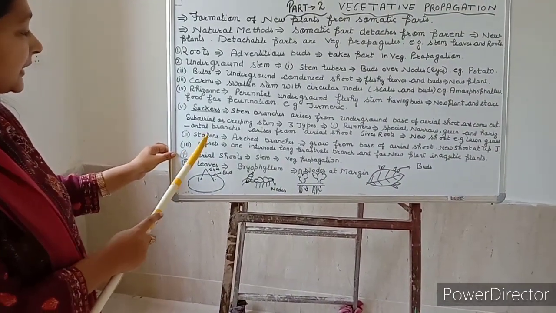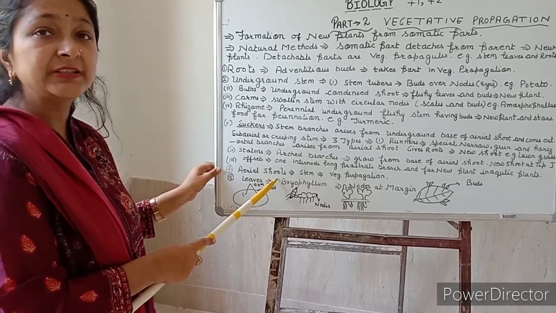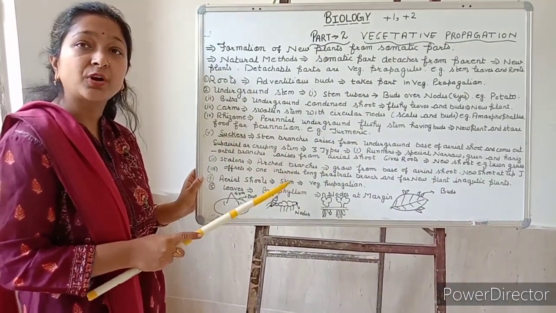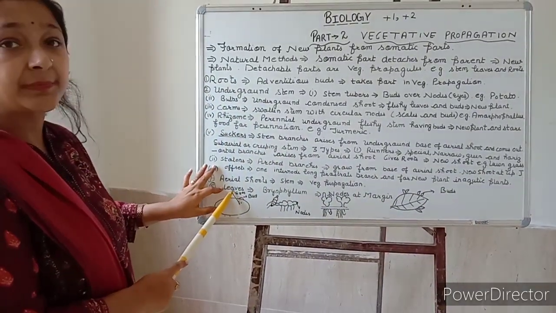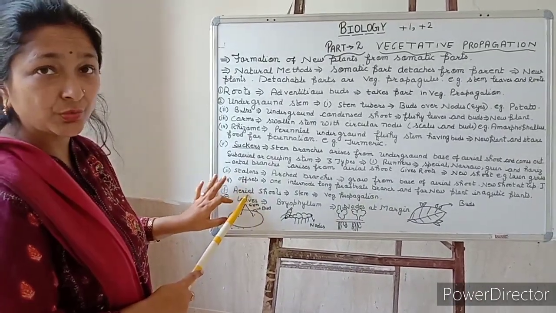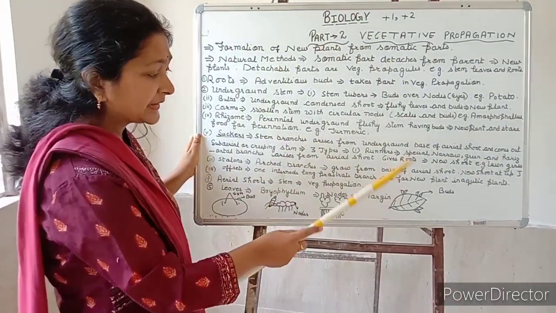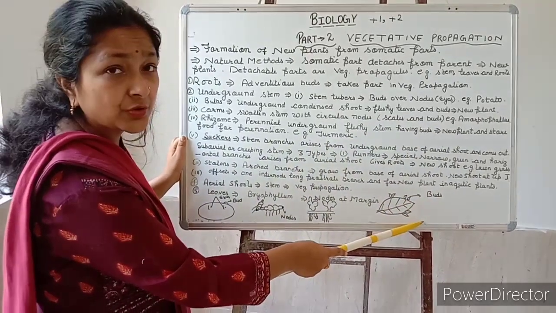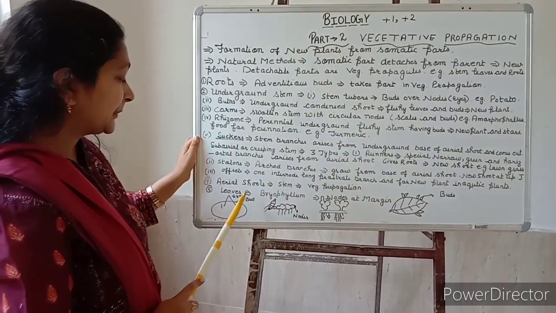Next, aerial shoots. Aerial shoots also help in vegetative propagation, and the best example is shown by phylloclades of Opuntia. Next, leaves. We have seen the vegetative propagation in leaves in lower classes too. We have discussed Bryophyllum. This is the leaf of Bryophyllum. It contains buds over its margin, and these buds, when they fall on the soil, will form new plants. This is vegetative propagation by means of leaves.